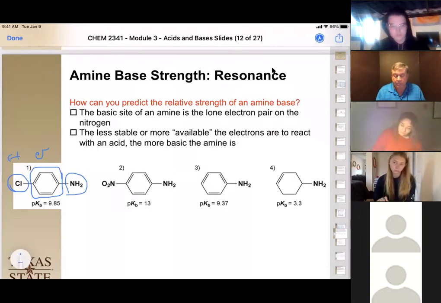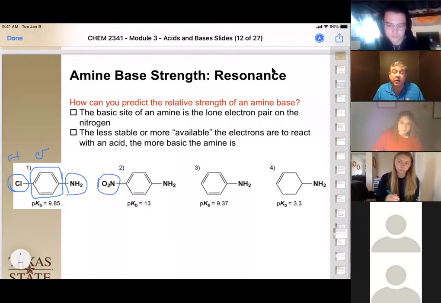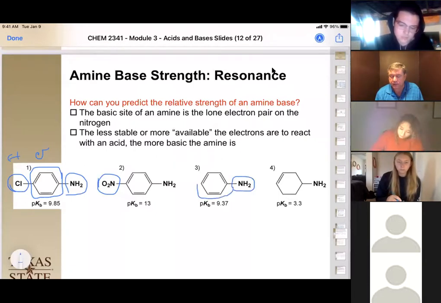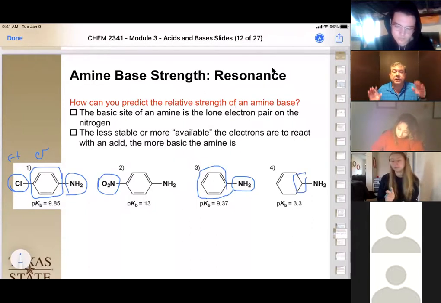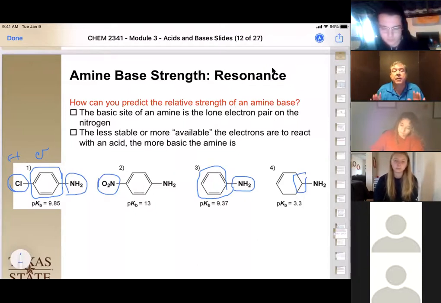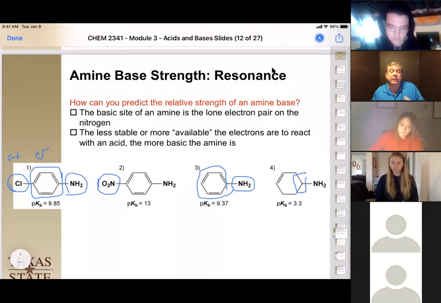benzene ring. We now have a nitro group here. That also, we learned, is a very strong inductive effect on the system. Then we have our amine with just the benzene ring, so we can look at that as our baseline. And then we have an amine where we have just aliphatic carbons nearby. So there's no effect, there's no way to make it